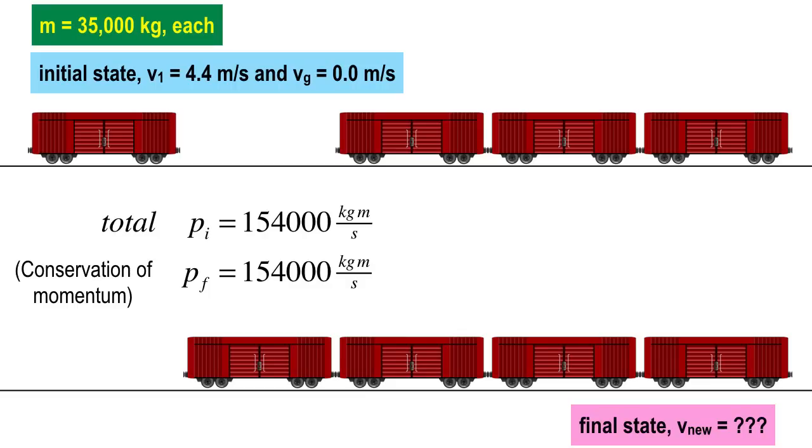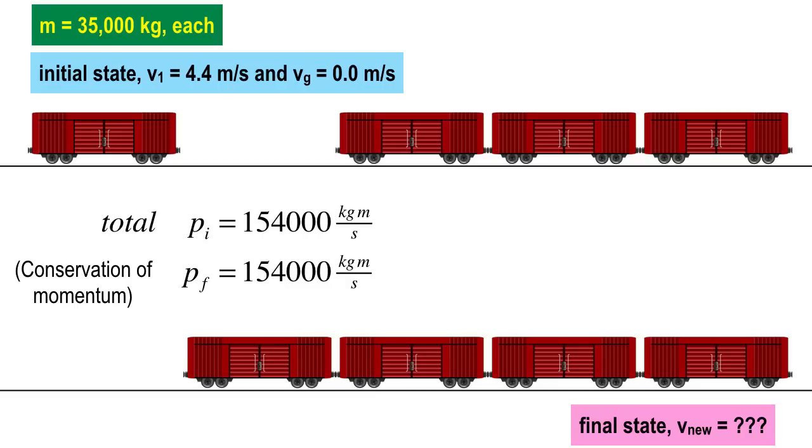But other than that, nothing disappears. All right, now, the other thing, how is this going to help us figure out V new, the new speed of the block of 4 boxcars moving off to the right? How's that going to help us? Well, V new, you could call that VF, V final, of the entire string of 4 boxcars.